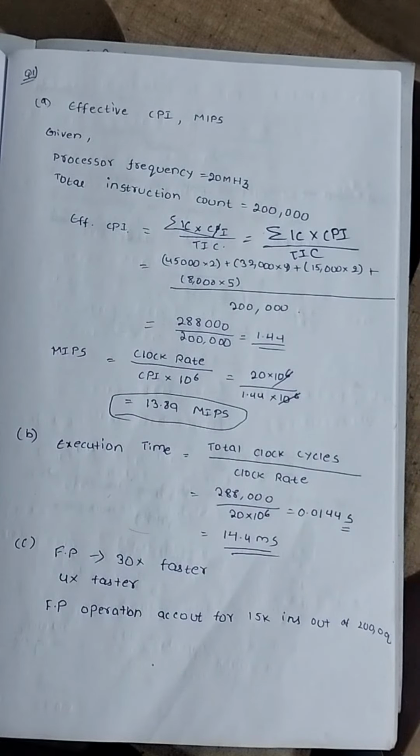In some questions, in place of cycles per instruction, they can give an instruction mix in percentage. Don't be confused. There is one such question in the PPT as well. So in some questions, they can provide the percentage in place of cycles per instruction. So what we have to do, whenever you get a percentage